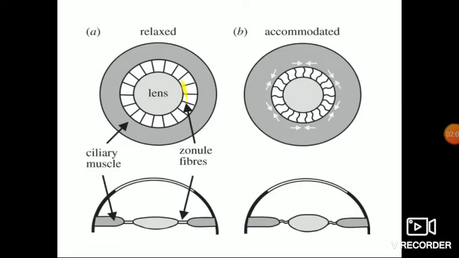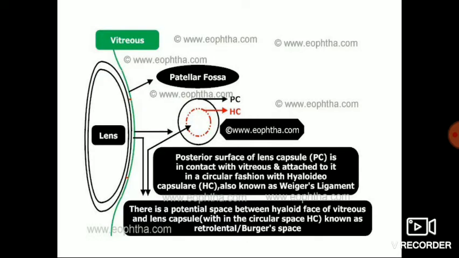The equator is encircled by the ciliary processes of the ciliary body and held in place by the zonules which are laterally present. The distance between the lens equator and the ciliary processes is about 0.5 millimeters. The lens equator has a serrated or ridged appearance caused by the zonular fibers, and these ridges disappear during accommodation due to relaxation of the zonular fibers.